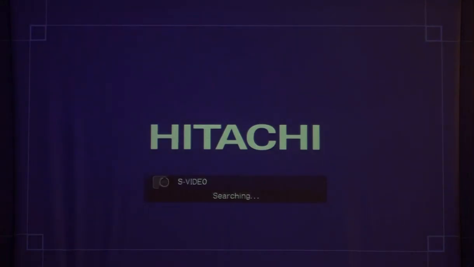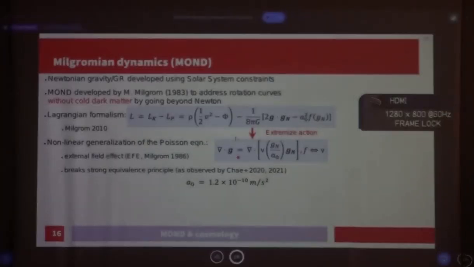So basically, we have an empirical theory of gravity, which is Newtonian gravity, that was developed using solar system constraints mainly from before the invention of telescopes, like almost 400 years ago. If instead one uses the latest data on galaxies as a more secure empirical foundation for the gravity theory, then you would essentially arrive at MOND instead, which written as a Lagrangian looks like this. So this is a totally standard kinetic part, but the gravitational part is non-standard. If you apply the Euler-Lagrange principle, then you get this field equation.